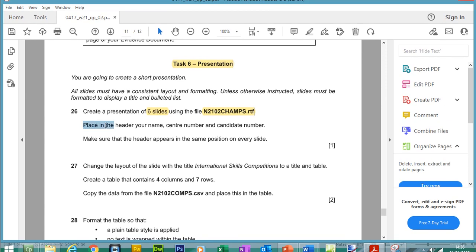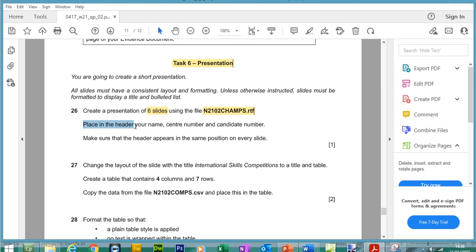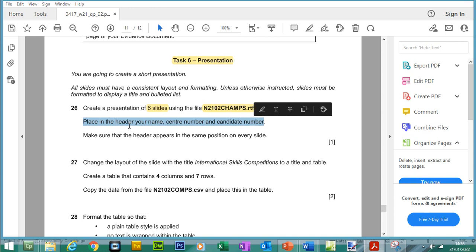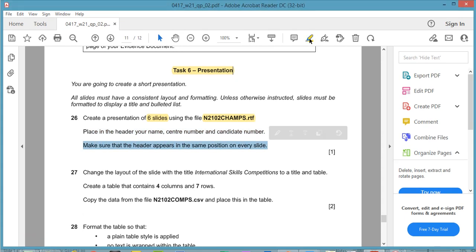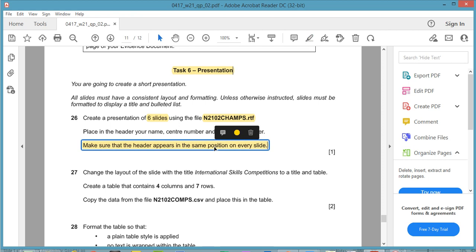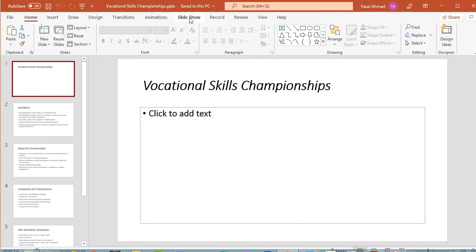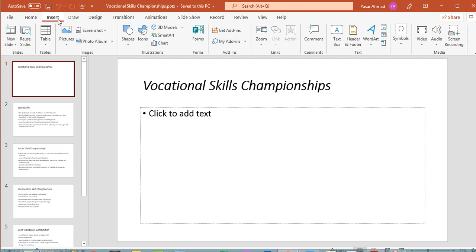Okay, so place in the header your name, center number and candidate number. Make sure the header appears in the same position on every slide. So what I'm going to do is create a slide master to include the header details. So if I just go to, actually let me just